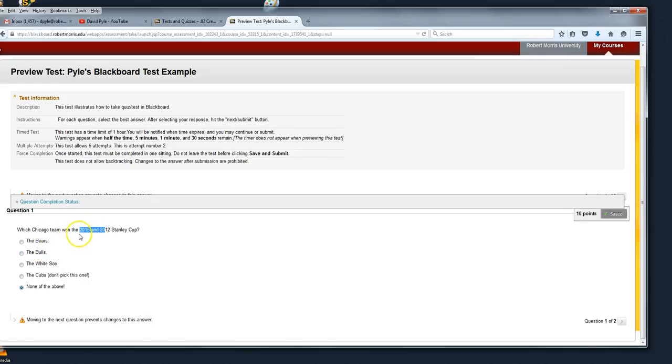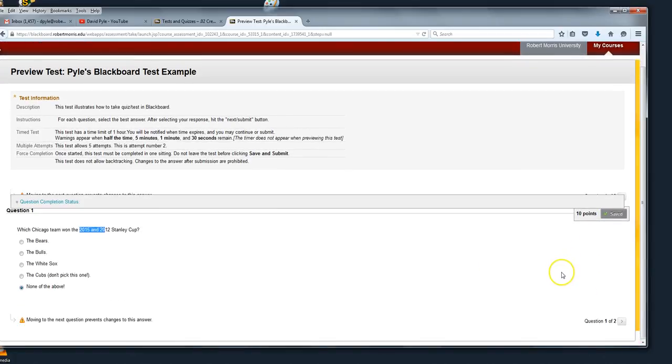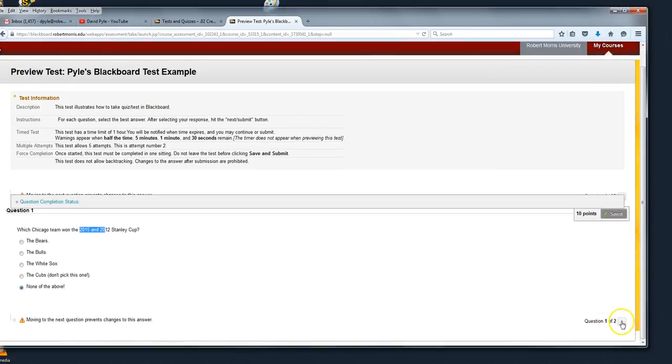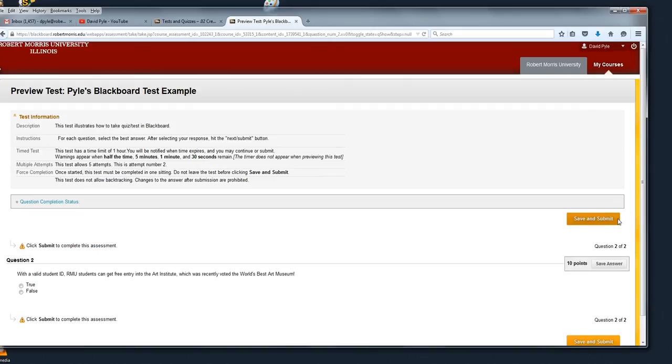I think they won in this year, obviously. I think they won in 2013 and not 12. But in any case, the answer is going to be none of the above. I can see here that my response has been saved. This small arrow over here, both at the bottom and a little bit up here, will advance us to the